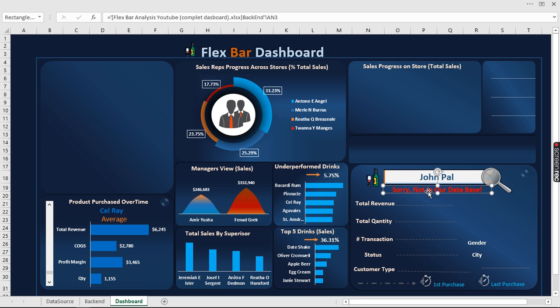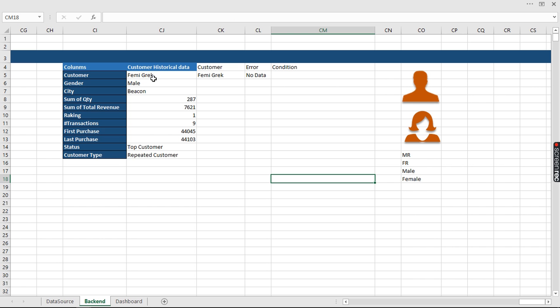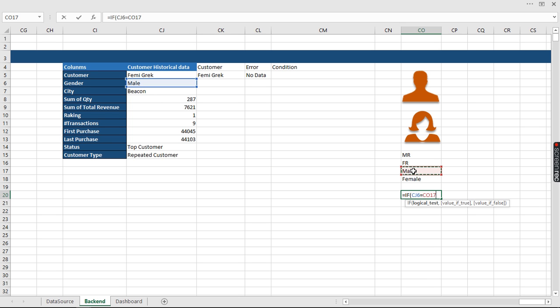So I'm going to take this off. So right now I'm going to say, okay, primary break. I hit enter and go back to my backend, and I have it right here. What I'm going to do is very simple. I'm going to be switching between this. I'll come down right here and say if this particular gender right here is equal to this gender, if male is equal to male right here, I want you to give me